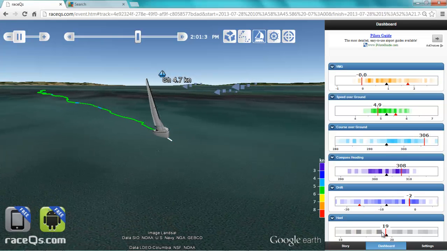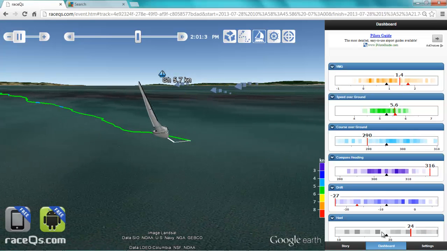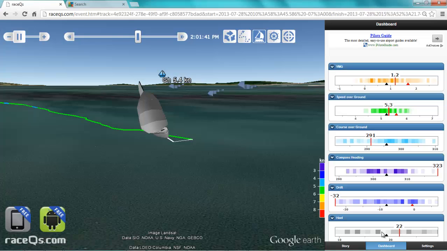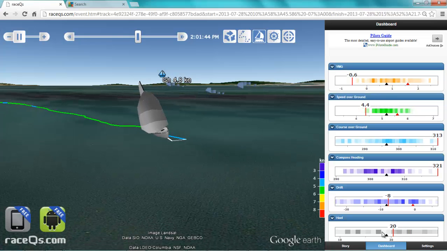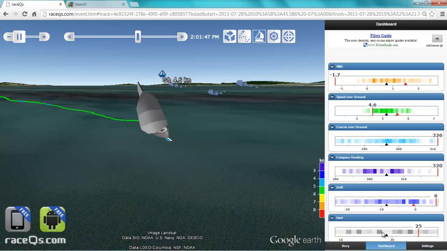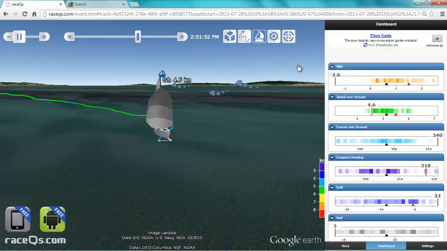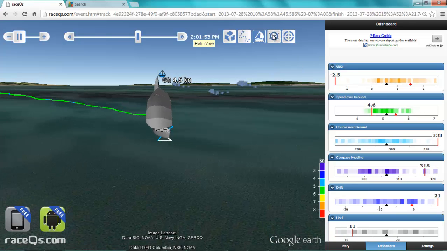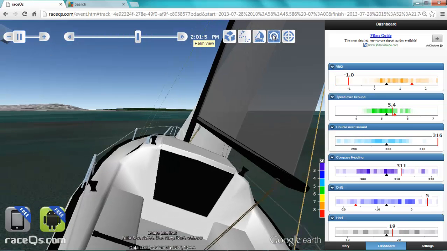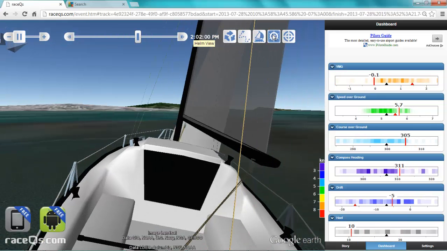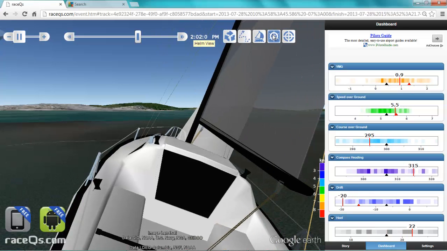The last thing here is your heel. The phone app is very advanced, and it uses your phone's built-in technology to track the heel of your boat. This is incredibly useful for evaluating your performance. We all know that in order to sail your boat fast, you want it to be flat. The movements that you see here mirror the exact movements that your boat made while you were racing. So you can watch this animation and compare it to things like your speed and your VMG to evaluate your